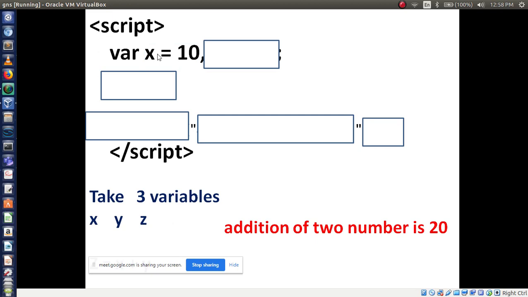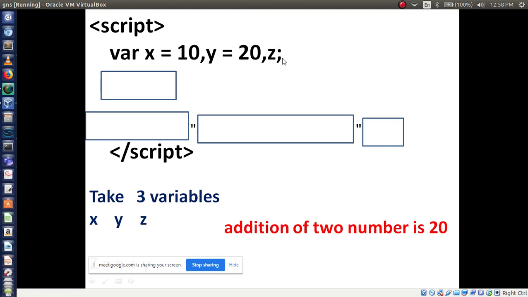Here I am directly assigning the value 10. Then to define another variable, comma, then y. What is the value of y in this situation? 10. Very good. So y is equal to 10.